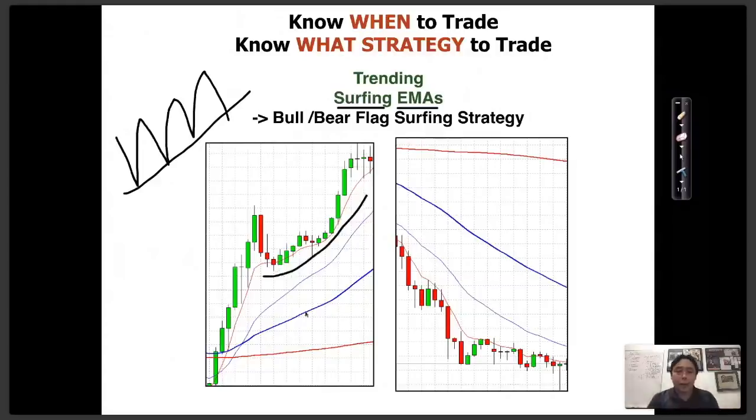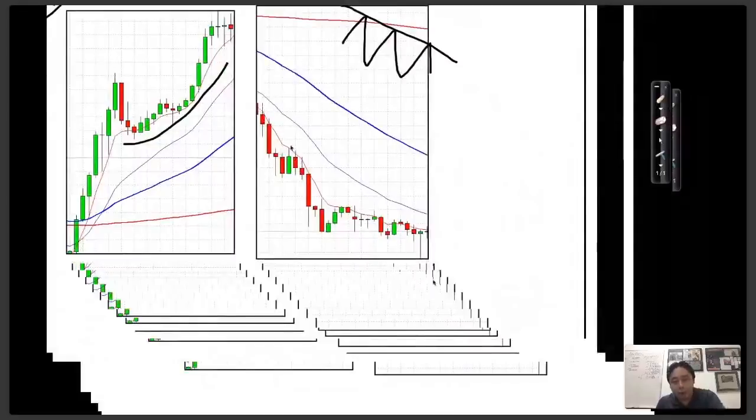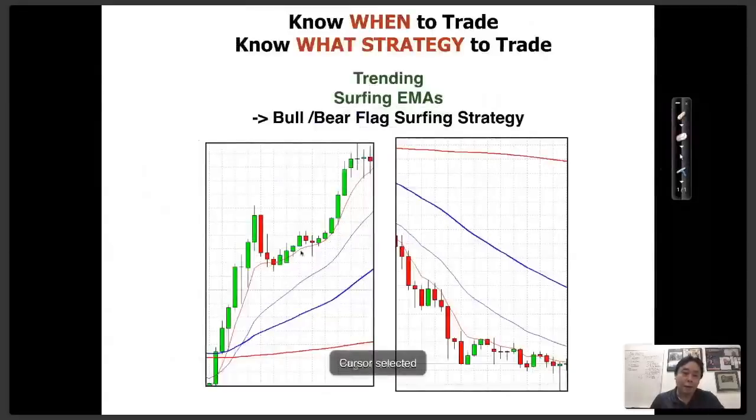Now, similarly, on a downtrend, what's bouncing? We saw, right? Boing, boing, boing. That's bouncing, right? But over here, you can see it's surfing. The price is surfing the moving average, it's hugging the moving average. So sometimes it may surf the red line over here, and this happens to be my 6 EMA. Sometimes it may hug the 18 EMA. Sometimes, like over on this side, it's hugging the 6, it could hug the 18.